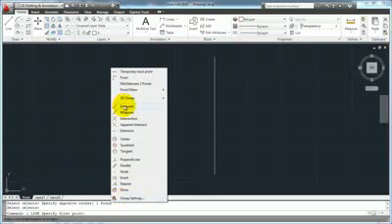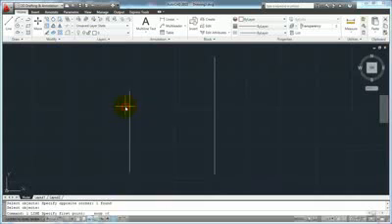endpoint. So remember, I've started my line command. I held down my Shift key, I click my right mouse button. This menu pops up. Now I'm just going to pick on endpoint. Now notice on my command line, AutoCAD says, okay, you started the line command. Specify the first point. Well, instead of just picking arbitrarily, I hit my OSnap endpoint, and now it's saying endpoint